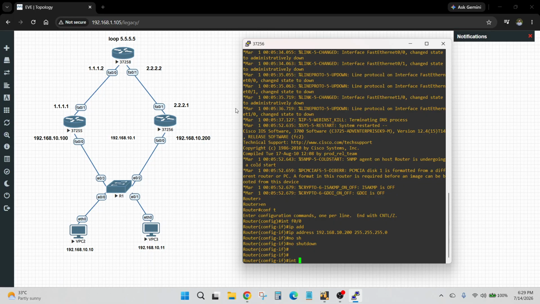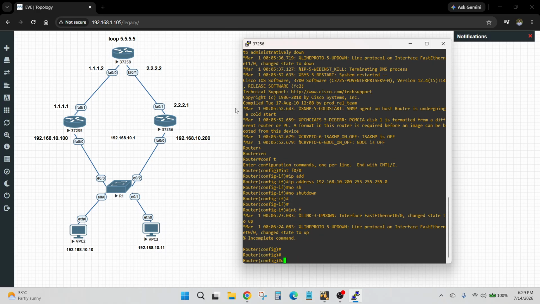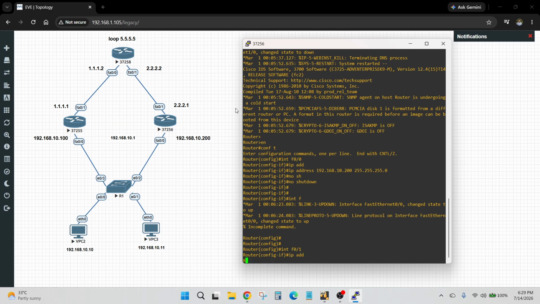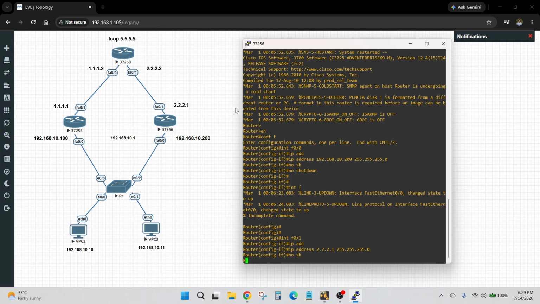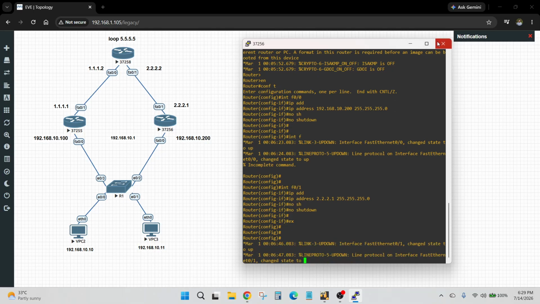Then interface fast ethernet 0/1, IP address 2.2.2.1 and our subnet mask and no shutdown. Then we exit now.